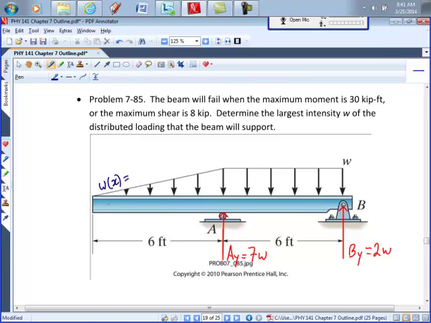Okay, well the slope is going to be the rise over the run. So the rise is going to be W, and the run is 6. So it's going to be W over 6